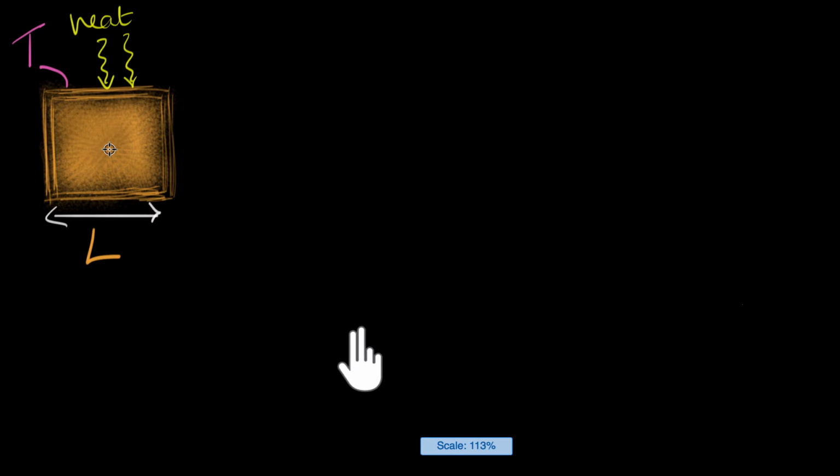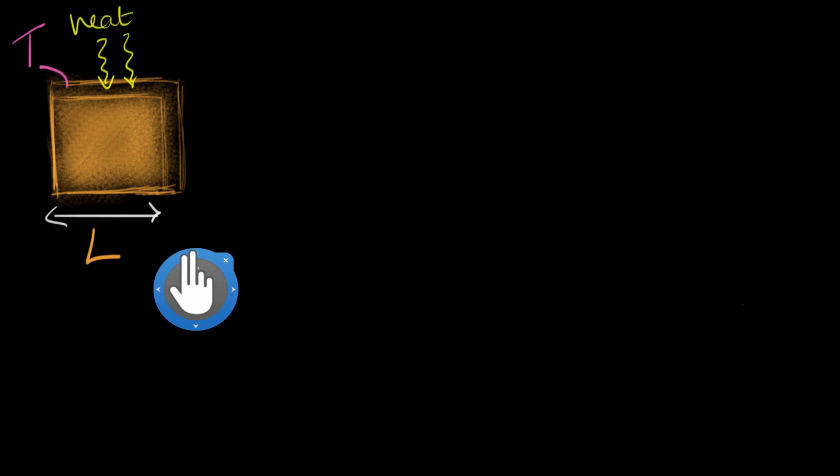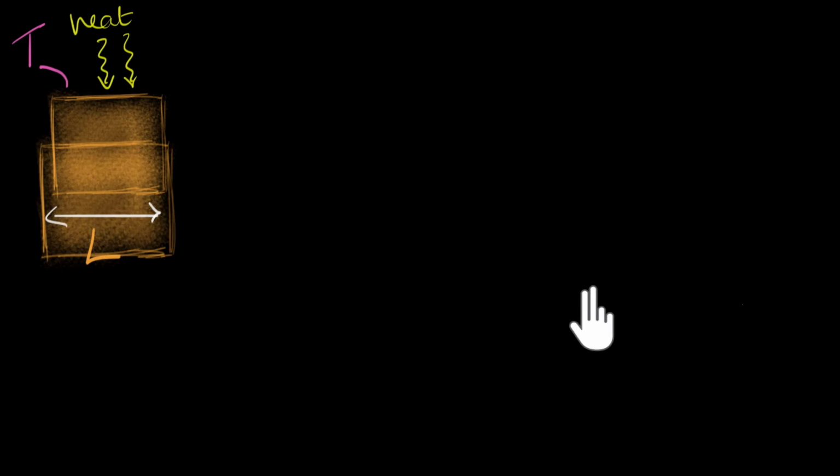Well, you heat it up. That's what you do. You heat up that plate and you see the whole thing expanding. So here's what you see. The whole thing expands, and as it does, carefully see that its length has expanded over here and over here as well. On both sides the length has expanded, and therefore there's an extra area. The area has expanded, the area has increased. Let's keep that over here.